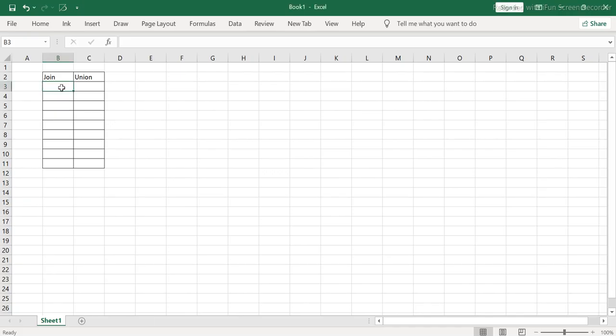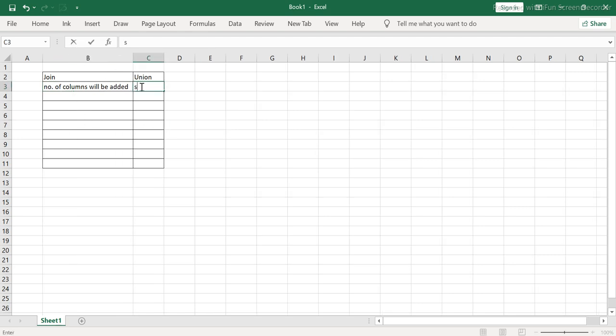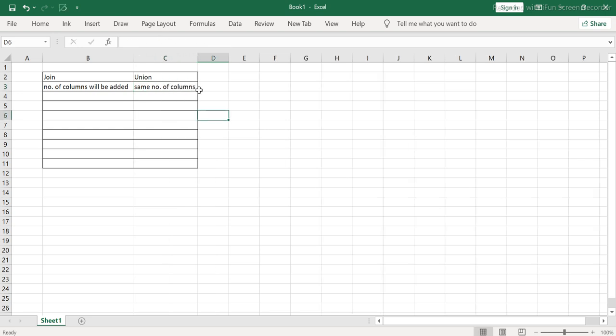So the number of columns will be more here. In a set operator, it is the same number of columns from both the tables. Now a join is horizontal, guys. Why horizontal?